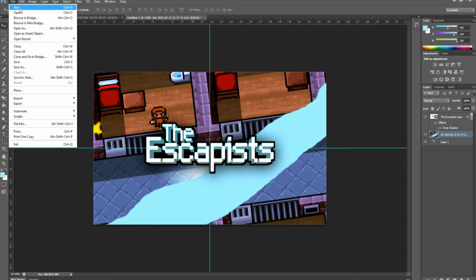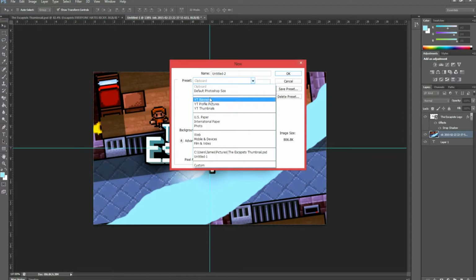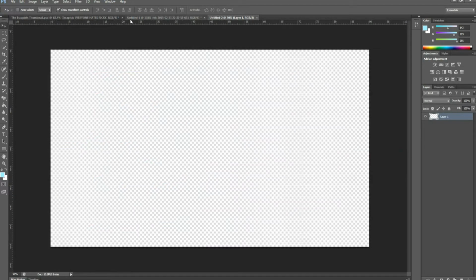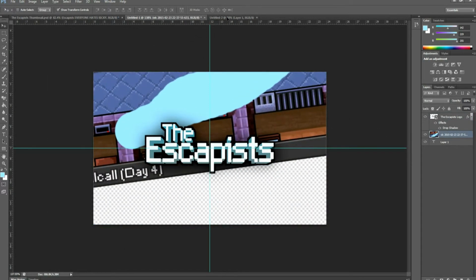Then do File, New. We're going to be doing it in a huge document so you can see the whole picture. Banners, I just made a banner thing. That's what you can type in if you want. The width and height, it makes it big enough to deal with any size picture. It's pretty big. Now, get that picture, make sure you clicked on the layer, drag it over onto the